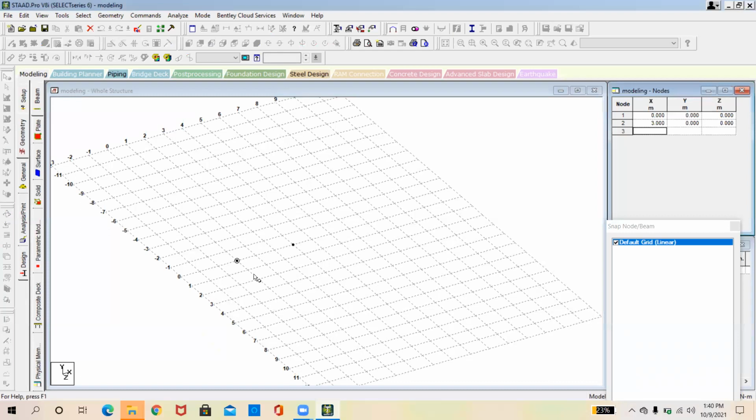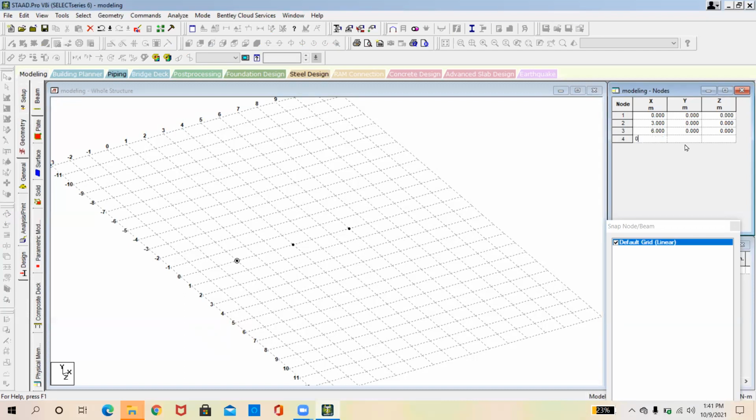So I can directly give the coordinates of the plan, as coordinate x comma y comma z. In this way, I can give the coordinates of those nodes, and then finally I can join all those nodes and form members.